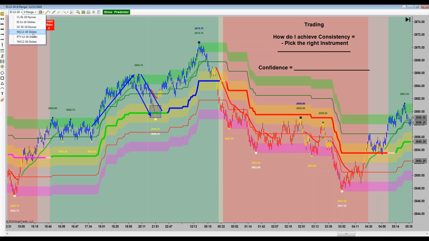So YM, RTY, and NASDAQ are all worth $5 per tick, so each tick of movement is worth $5. ES is worth $50 a point, and there are 4 ticks per point, so each tick is $12.50. And then gold and crude are $10 a tick, so each tick of movement is worth $10. And so what we do here is we trade intraday volatility using our indicators and our object trader tool, which is a semi-automated strategy that most of you have seen.